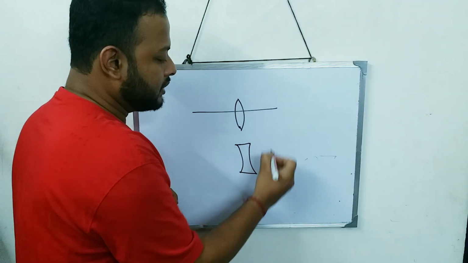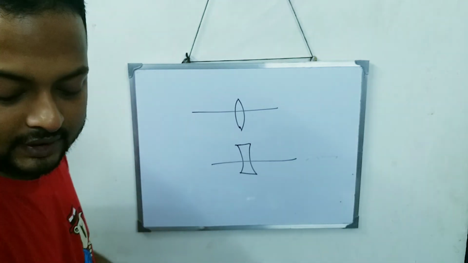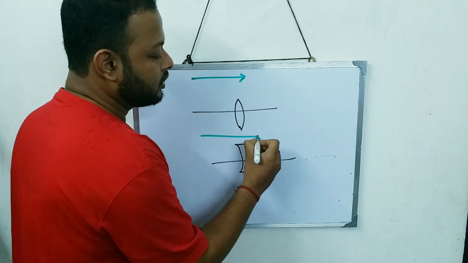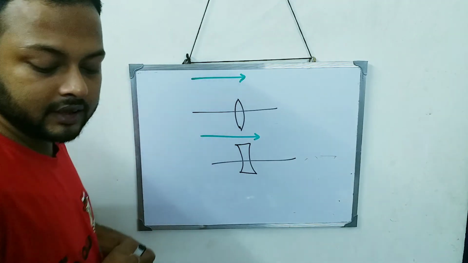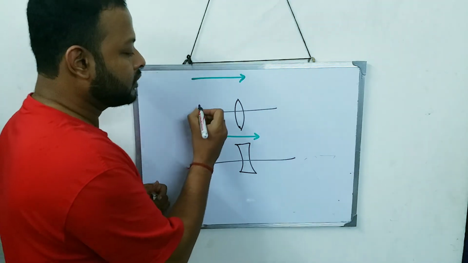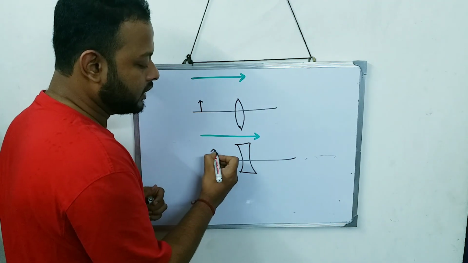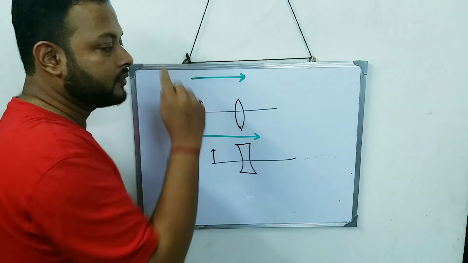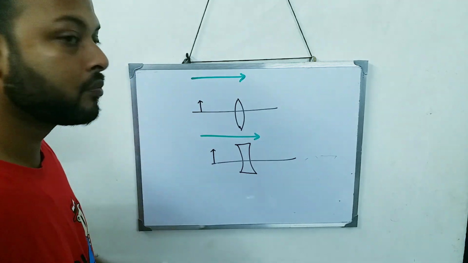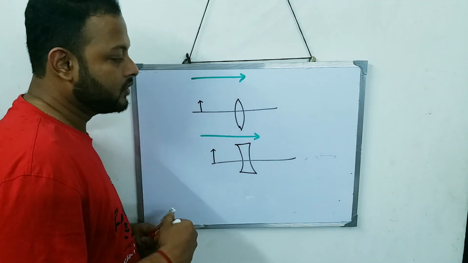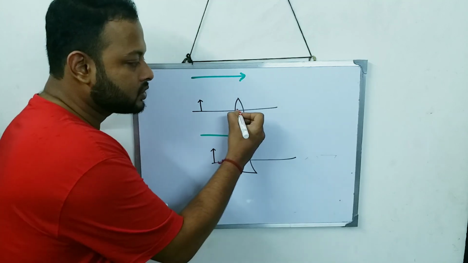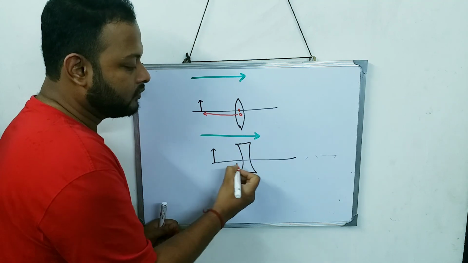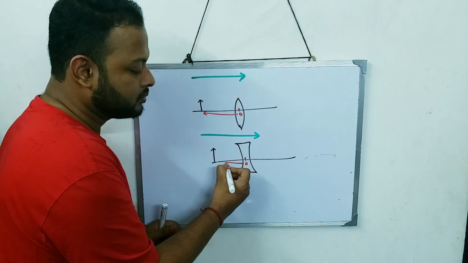and this is my principal axis, the direction of incident ray will always be in this way. Any distances that we measure, suppose the object is over here, any distances that we measure against the direction of incident ray, against this direction, that is considered as negative. So if I consider this object distance, we are going to start from the optical center and move towards the object.